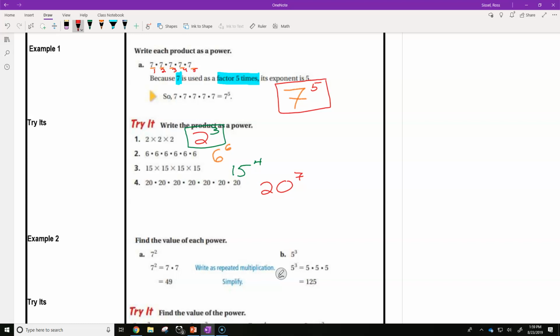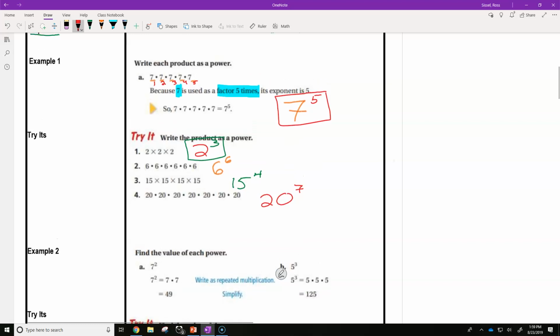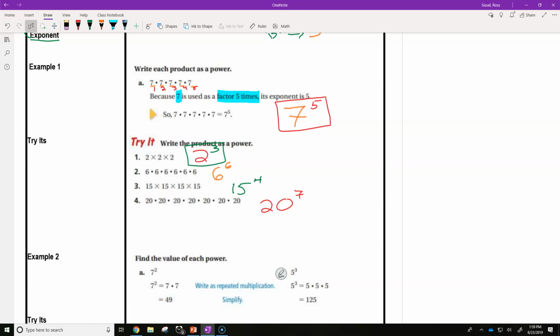Real quick on this, we were taking these and going from repeated multiplication to a power. I want to really drive this home. So if you want to write just on the side of your notes real quick, you can. Repeated